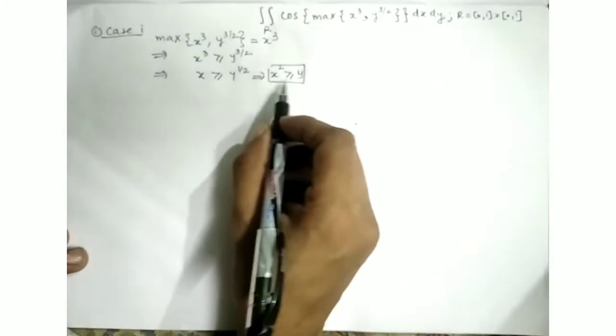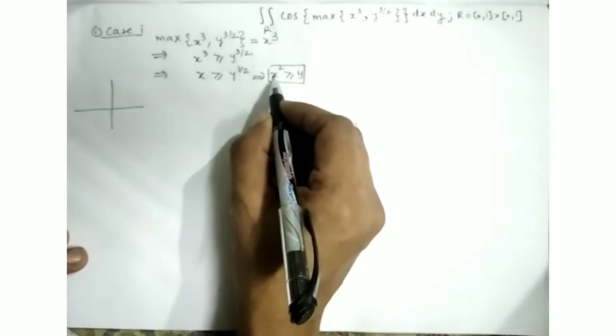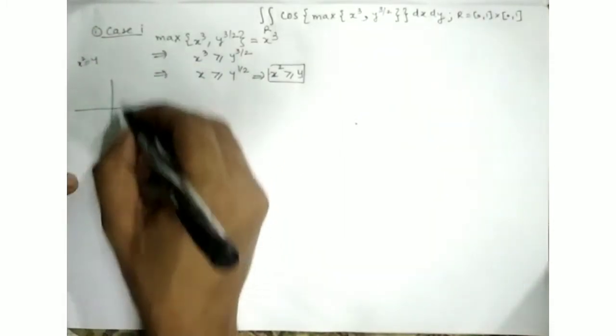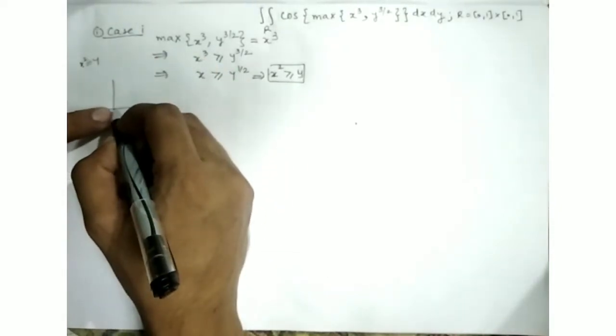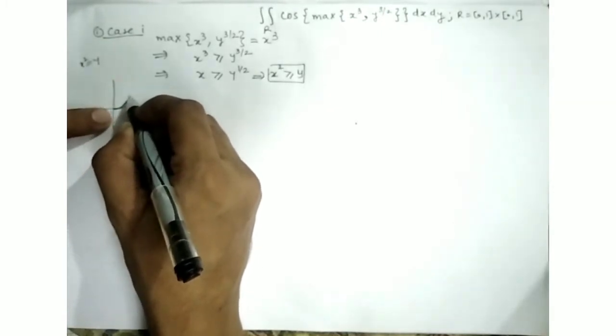And what is this, x square greater than or equal to y? Let's try to construct the graph for this. Let's consider the graph of x square equals y. My x square is positive, because the square of any real number is always positive. So if this side is positive, then my y is positive. And where is y positive? Always in this half of the axis; y is negative here and y is positive here. So I have to construct one parabola where y is positive. So this will be our graph.